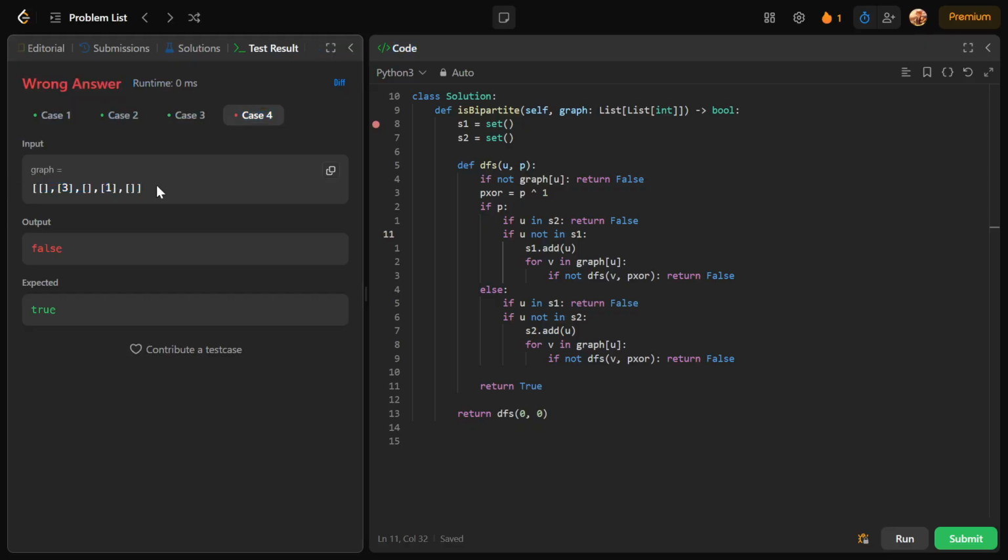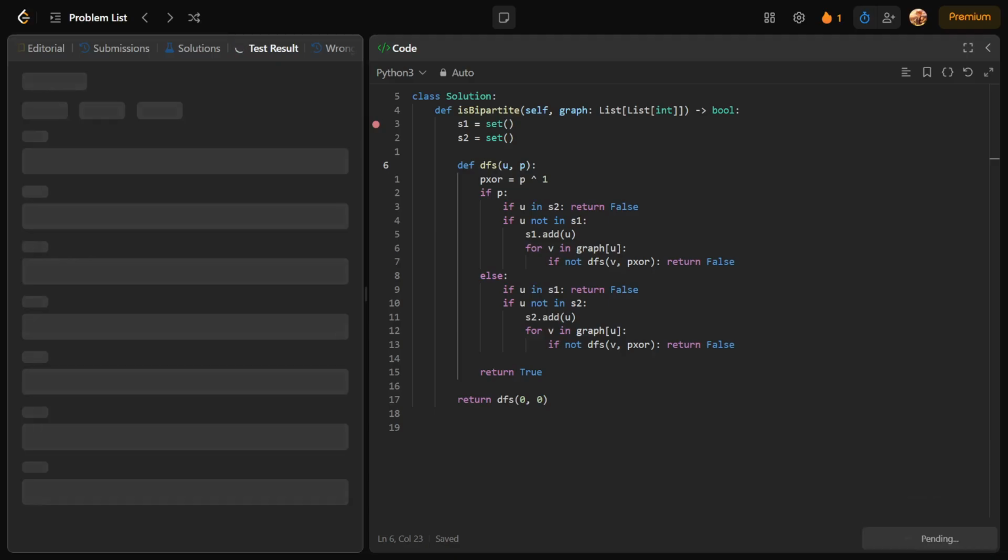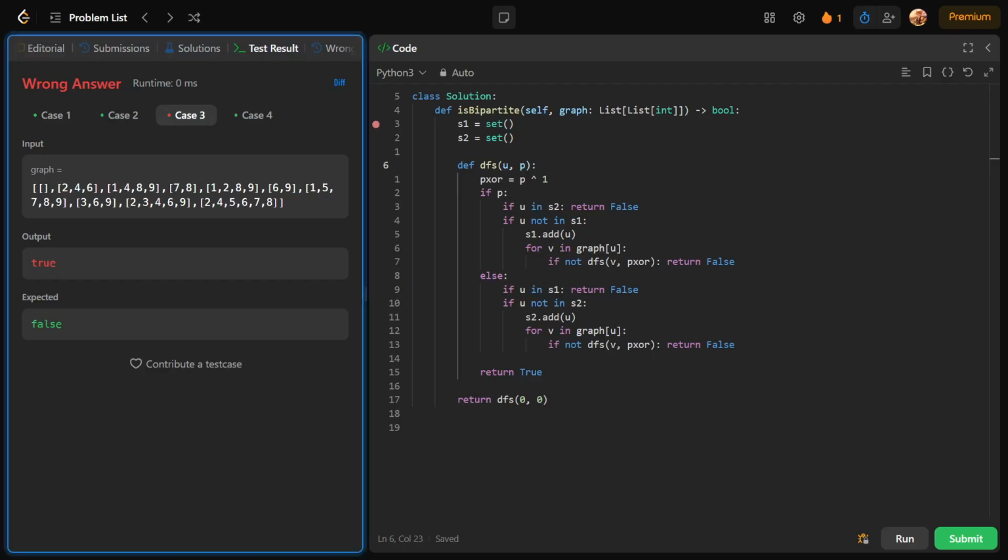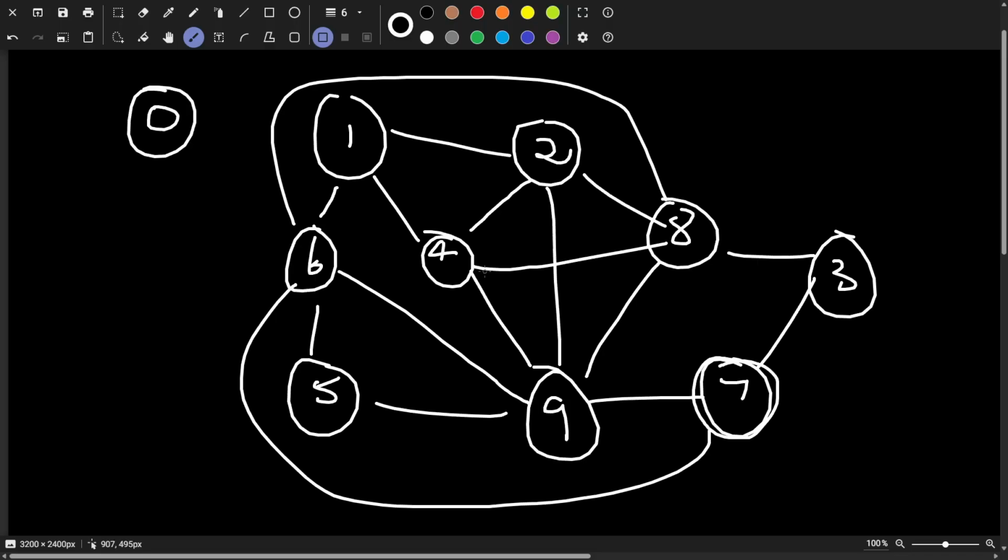Okay. So why is it returning true is the question. I did draw the graph. I think what's happening is,